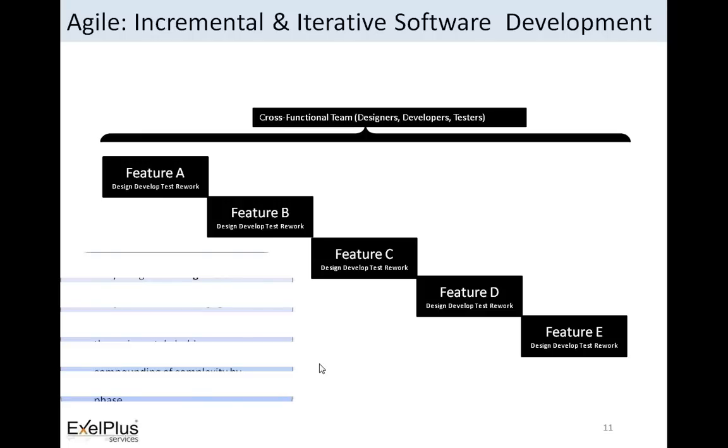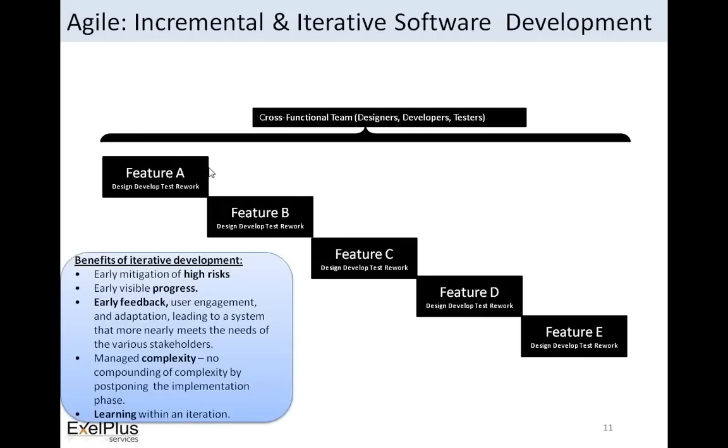So what are the benefits of this approach? Since we are able to deliver the feature much earlier, and we are showing the working feature, the risks involved in that particular feature are mitigated much earlier, and the visibility of that activity, the progress of the software development, the progress of the way in which the team is going is visible much earlier rather than showing in the end. Because of early feedback and user engagement, the adaptation to the feedback from the customer and to meet the needs of the various stakeholders